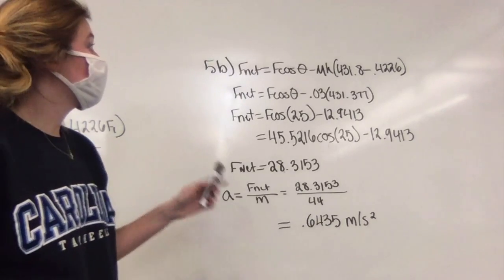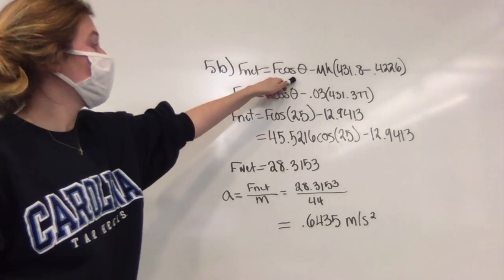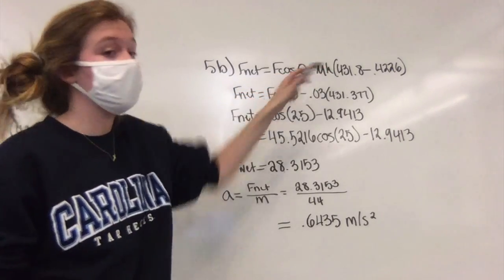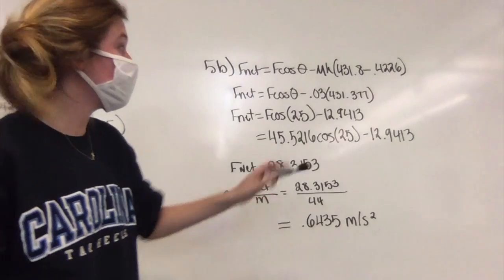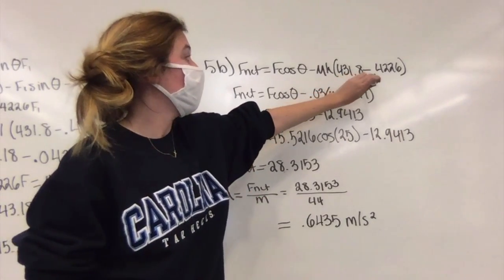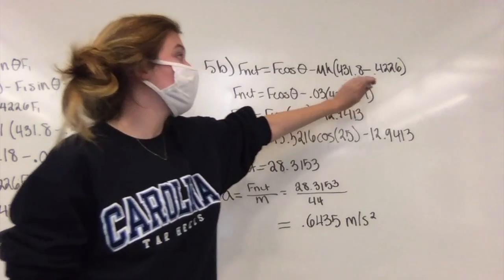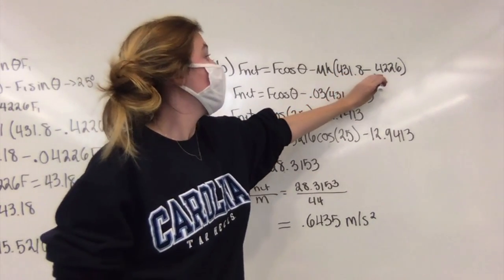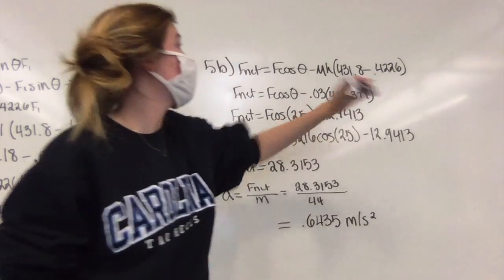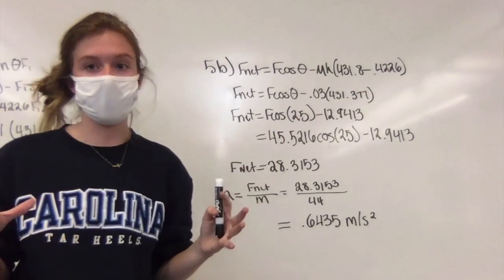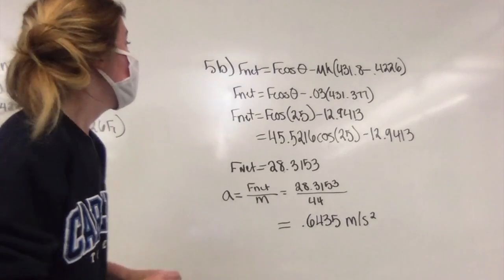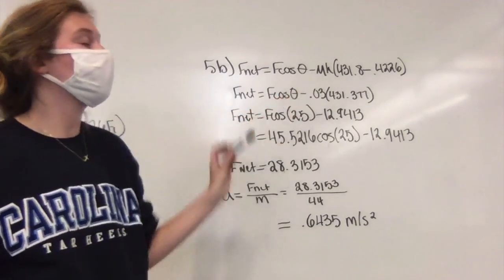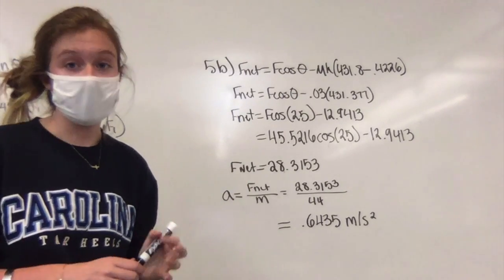To find the net force of this, it would be F net equals F cosine of theta minus the coefficient of kinetic friction, because now the object is moving. And then I plug back in what I found for force normal in my original equation in 5A, which is 431.8 minus 0.4226. We set up that equation as a way to find all the net forces because it's the sum of them. So then I get F net equals F cosine of theta minus 0.03, which is my coefficient for kinetic friction,